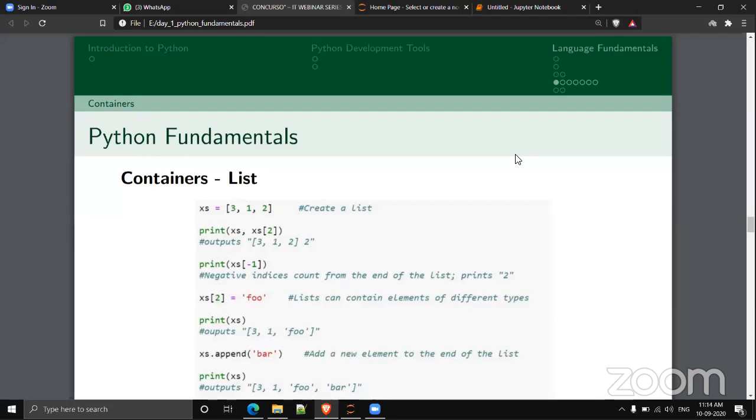Internally, the implementation of the list is the linked list, the concept of linked list you might have heard about in data structures. The same logic is working inside the list.